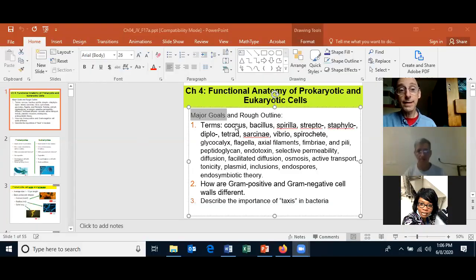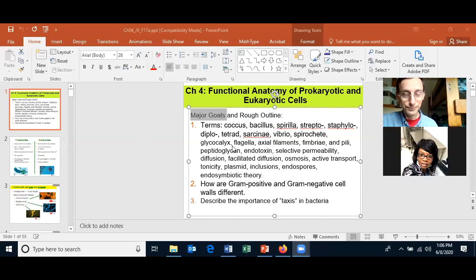All right, as I stated, I always start with a slide showing you the major goals and the rough outline. Please know the terms. We'll talk about each of these, or you'll do it in the in-class assignment. Coccus, Bacillus, Spirilla, Strepto like Streptococcus, Staphylo like Staphylococcus, Diplo like Diplococcus, Tetrad, Sarcina, Vibrio, Spirochete,